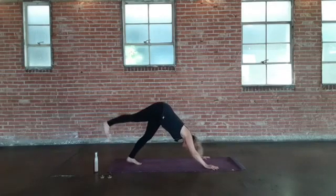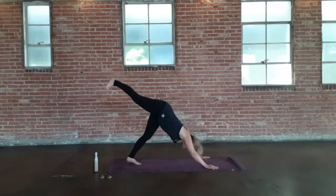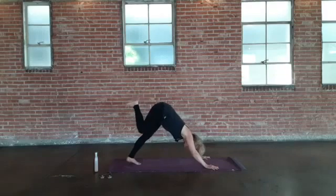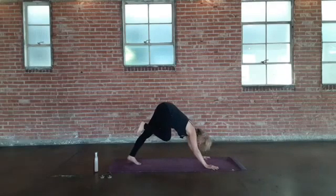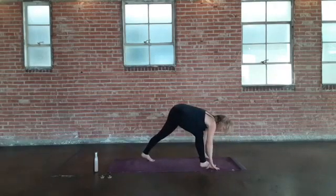Inhale your right leg back, having your toes come down, point down towards the ground, your heel reaching, drawing in with your belly. Exhale, have that knee come in and up towards our chest, and then plant it in between our hands. Okay. Before we come up,